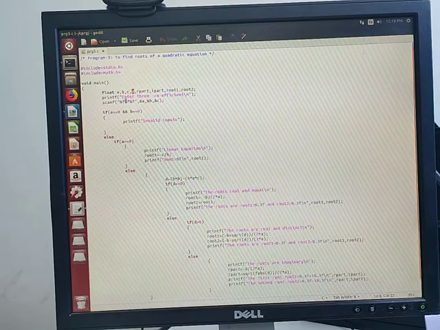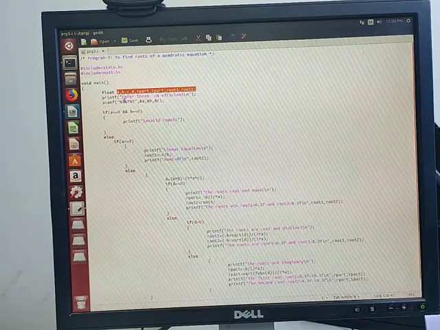Then d is going to be the discriminant, r is going to be the real part, i is going to be the imaginary part, then we need to find root 1 and root 2. These are the variables required for our program. I have declared them as float, that is real type.